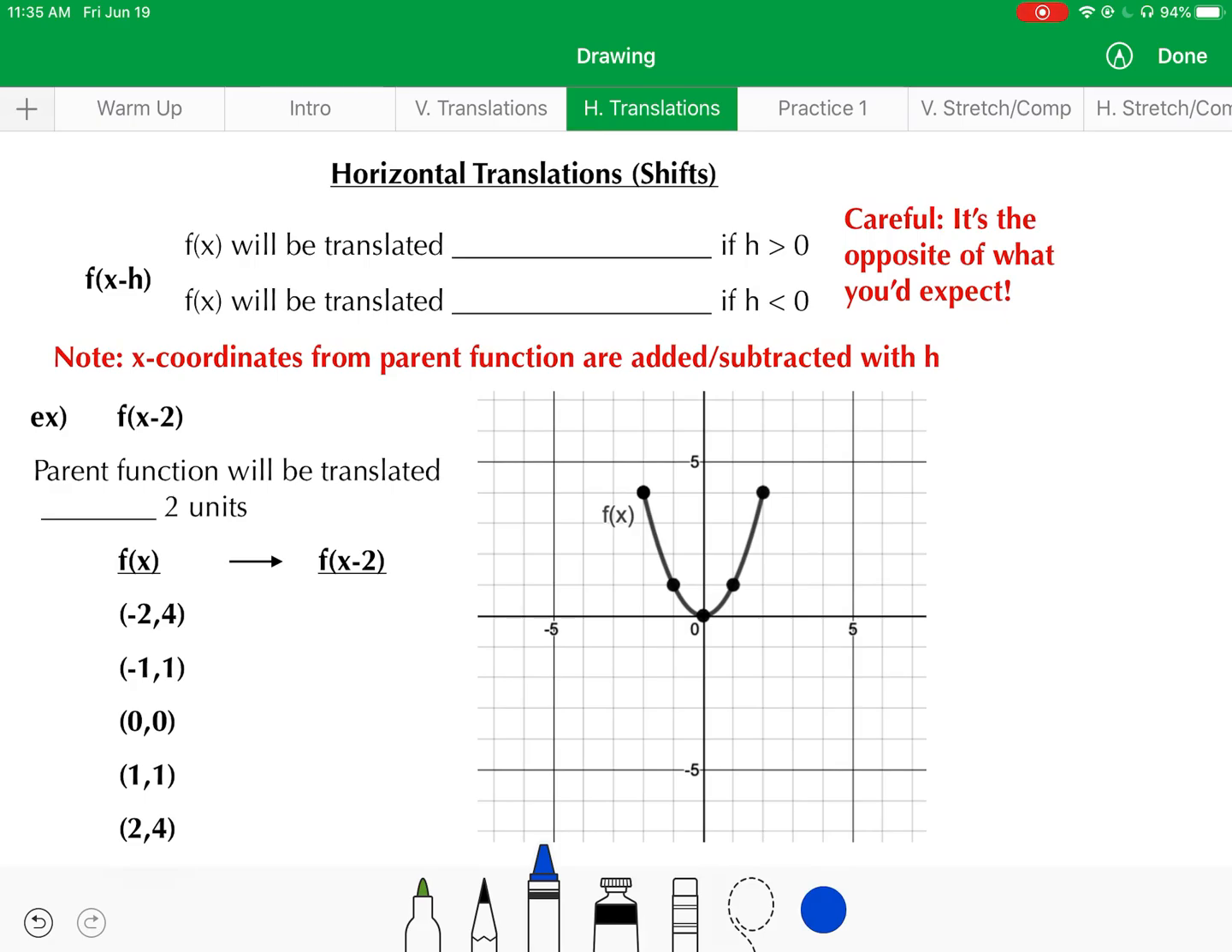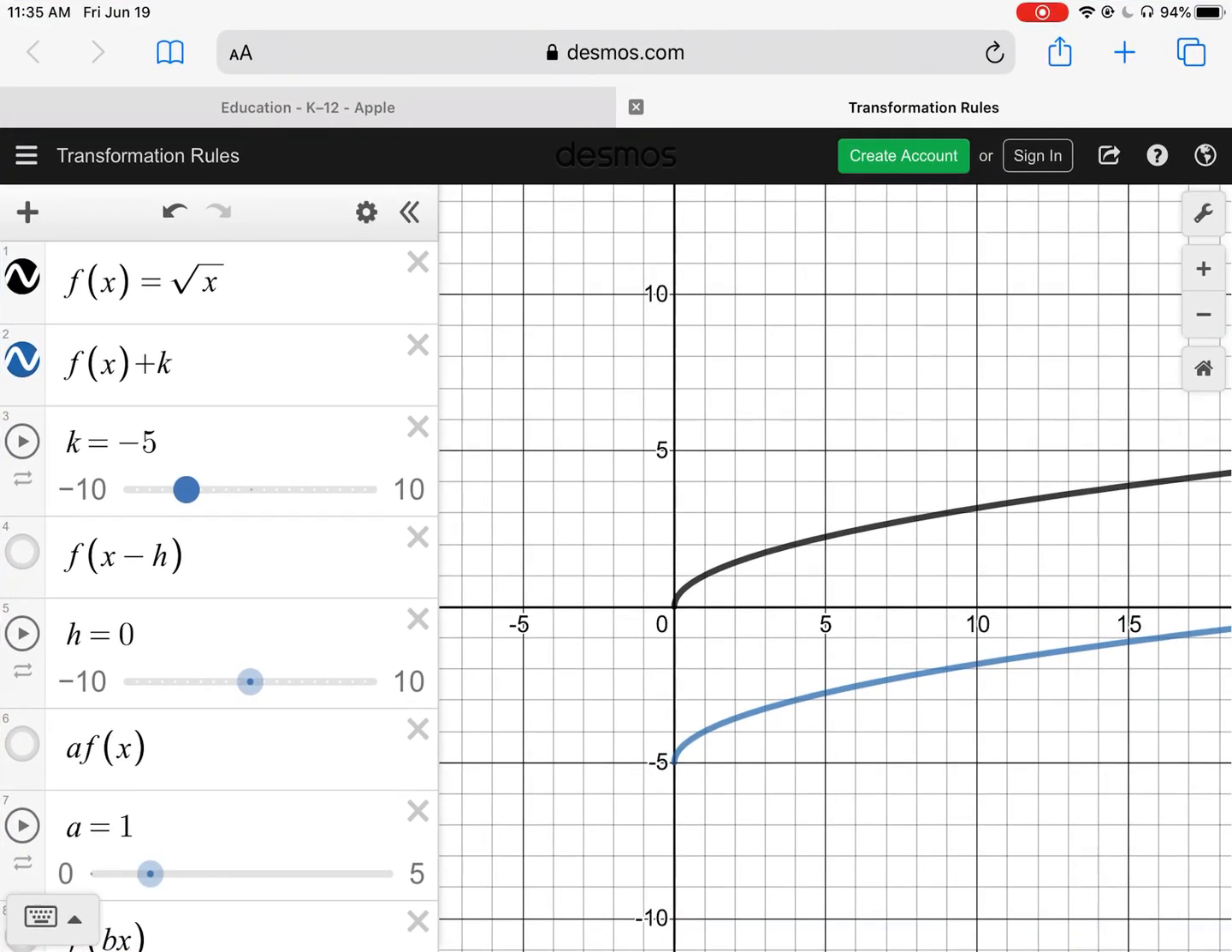Okay, so let's go back to the Desmos illustration here. And now I'm going to highlight box 4. Now notice the notation in box 4. It's showing the graph for f of x minus h. And right now I have h set at 0, so the graph looks identical to the parent function f of x. Okay. All right, now if I make h positive,